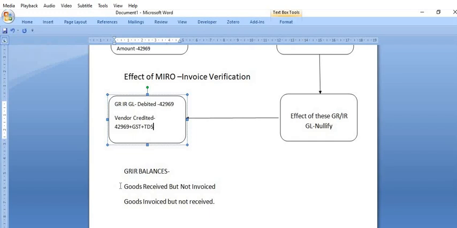If we run the partial Miro, then the 50 quantity amount is available in the GRIR account. At that time you should run the dummy Miro, for example, and transfer this GRIR amount to vendor payable or to retention or any other accounts.